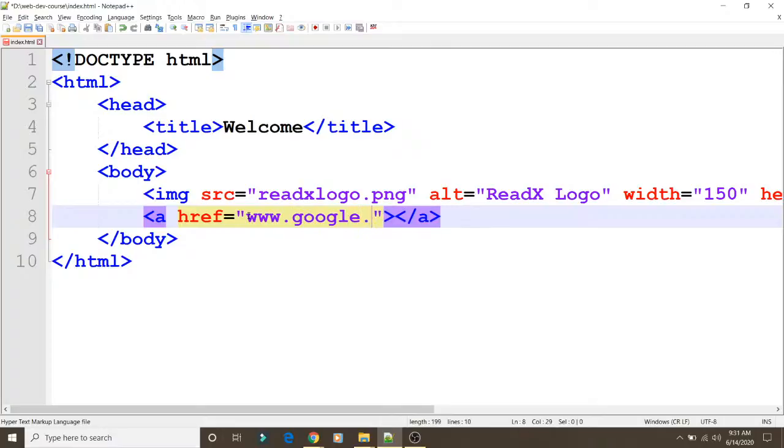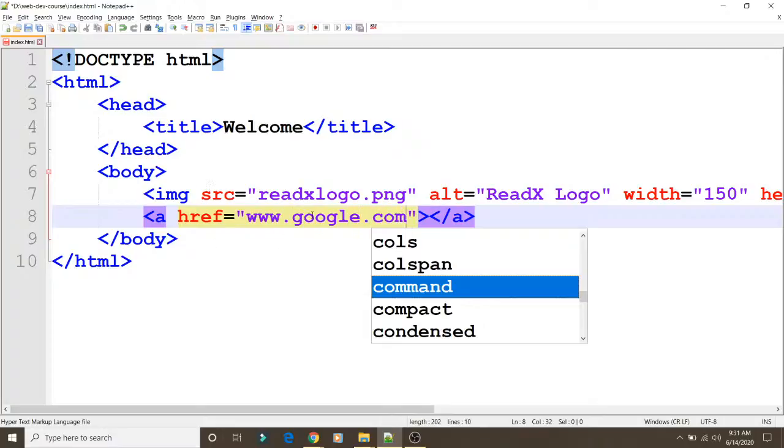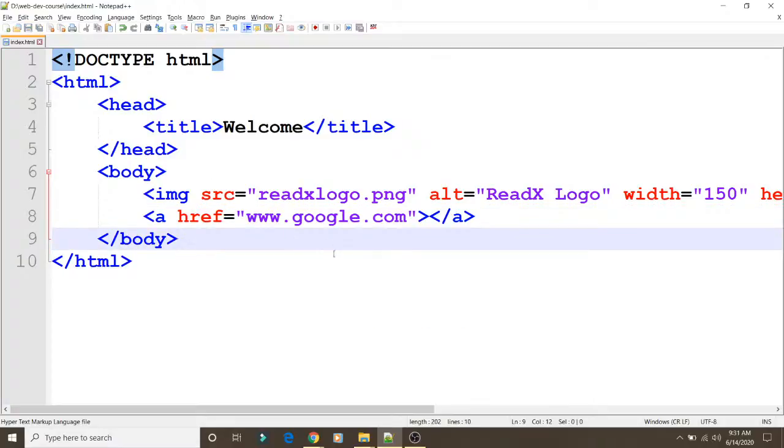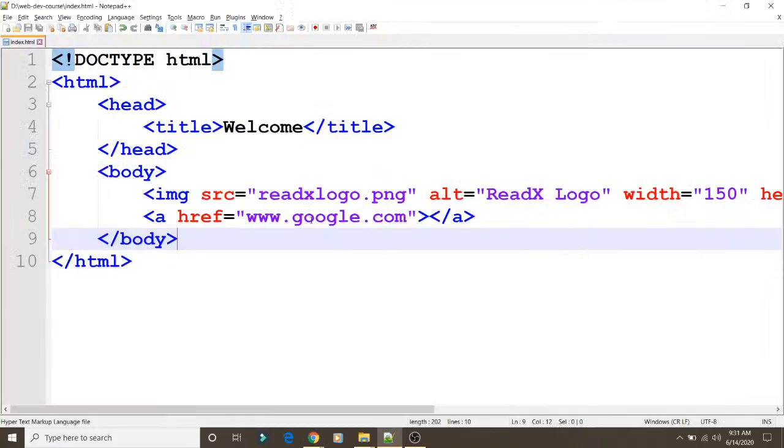Suppose I want to mention www.google.com, so I want to open this particular website. If you write it over here and refresh the page, you see that nothing is displayed.